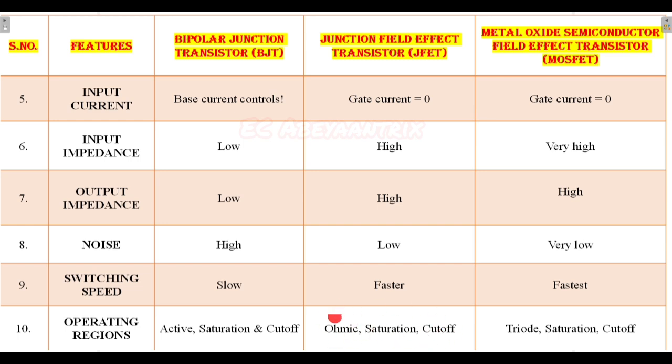Ohmic is similar to a linear region, because in the ohmic region a JFET acts as a voltage controlled resistor. In the saturation region, the output drain current is nearly constant, even though we increase VDS, the output drain current is constant. And in the cutoff region,